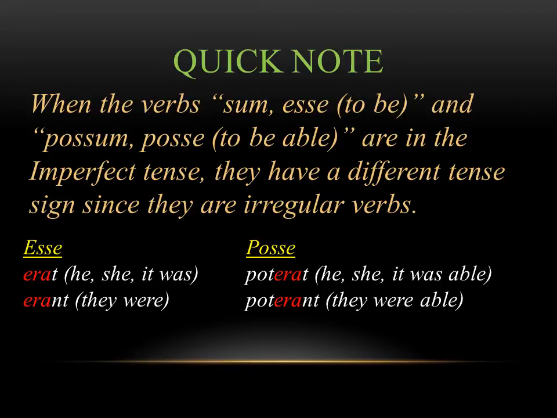So if you think back to esse, usually we would say sum, which means I am, or est, which means he or she is. So let's think of est for this example. The est, which is present tense, in the imperfect has been changed to erat. So you can see the beginning of the word has changed. That's the marker to tell you this is an imperfect verb. You want to keep track of this because, like I said, they're irregular, so it's not necessarily going to follow the patterns we learn for regular verbs. So just keep track of it, memorize it, and it will help you recognize this moving forward.